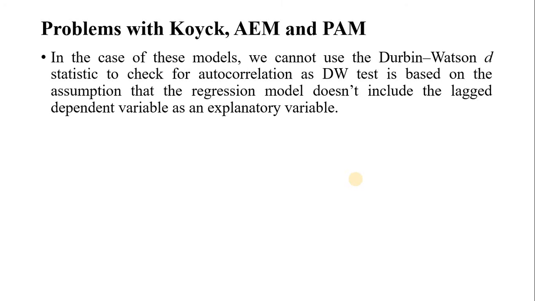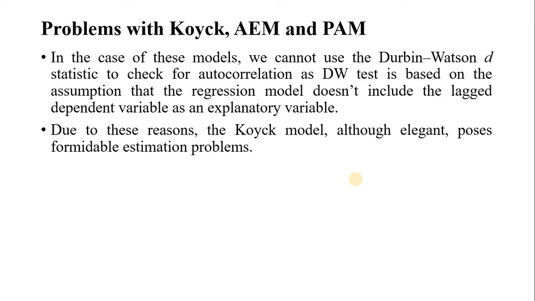Okay, so what's the problem with this? The problem is, if we include yt minus 1 in our equation and estimate the Durbin-Watson d statistic,